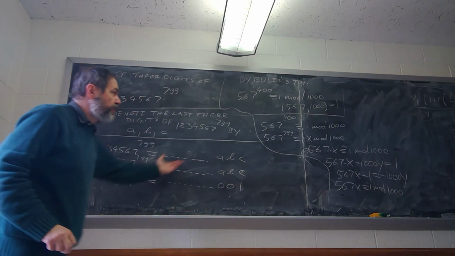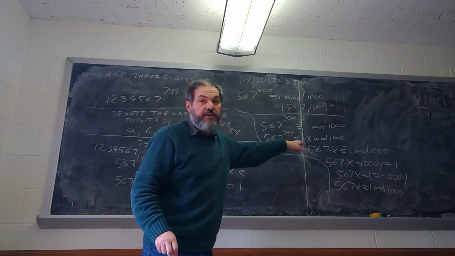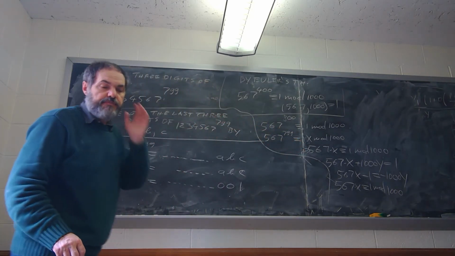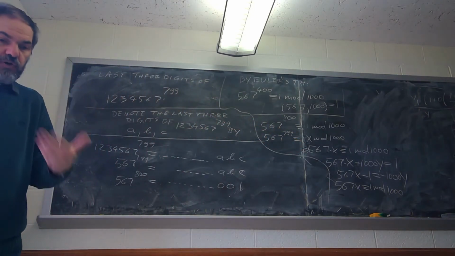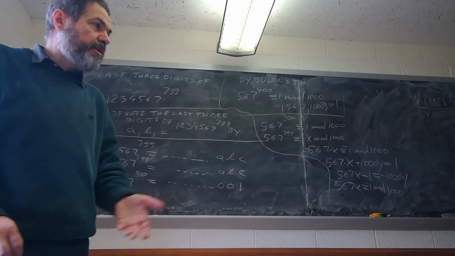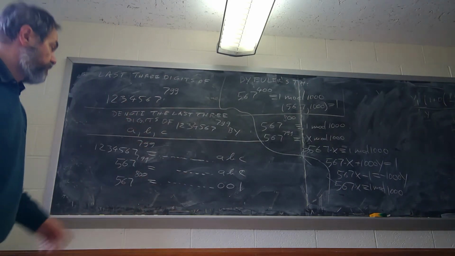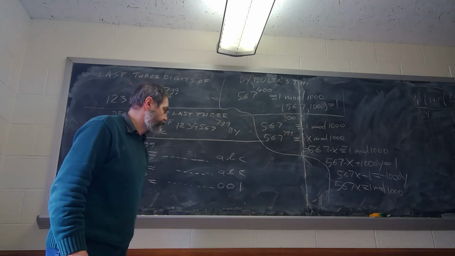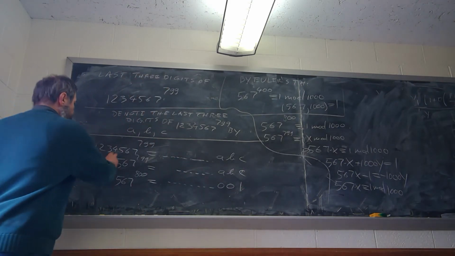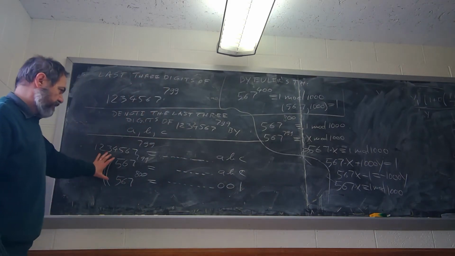Why? Because by Euler's theorem, the number is congruent to 1 modulo 1,000. So numbers that are congruent to 1 are 1, 1001, 2001, 3001, and so on. So numbers that end with 001. So if I look at this carefully,